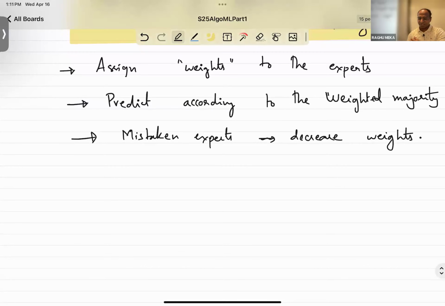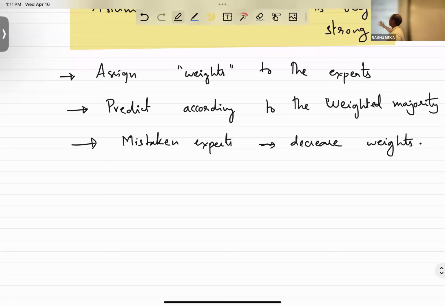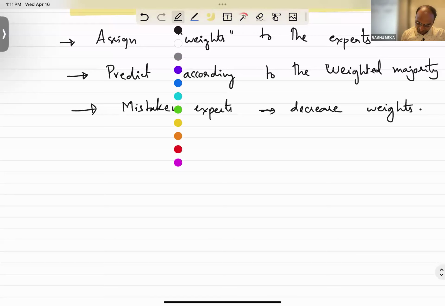In some sense, the follow the majority algorithm is similar, right? You just say whenever they make a mistake, we're decreasing their weight to 0. We're just throwing them away. From now on, they're not under consideration, but that's very harsh, right? So what else can we do? We don't want to be so harsh that once you make a mistake, you get 0 weight going forward. We want to find something which is smoother, right? And the natural thing that actually works is,